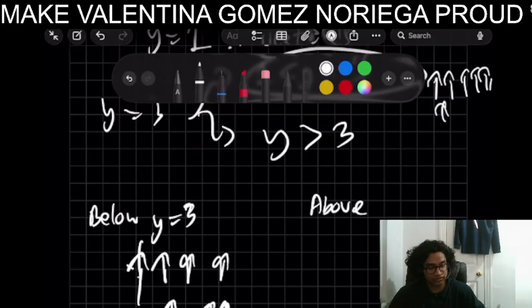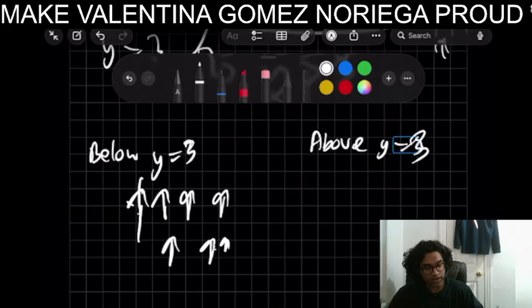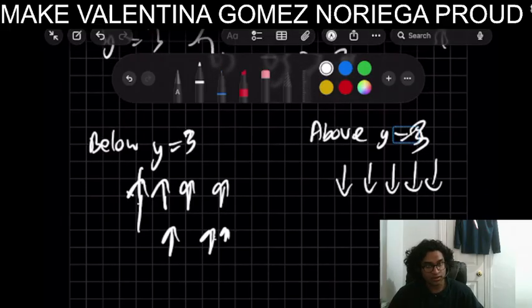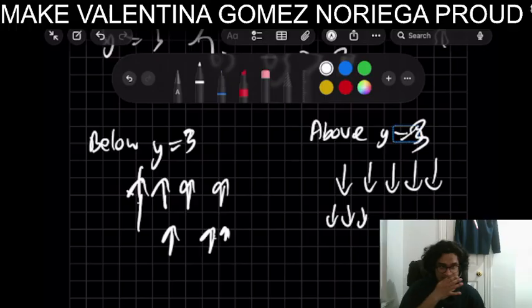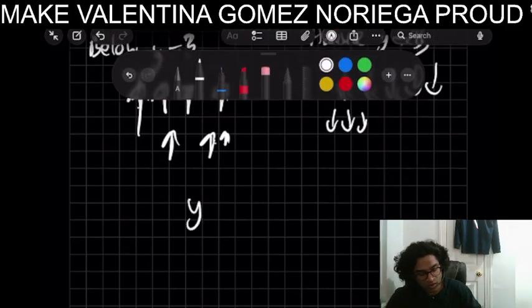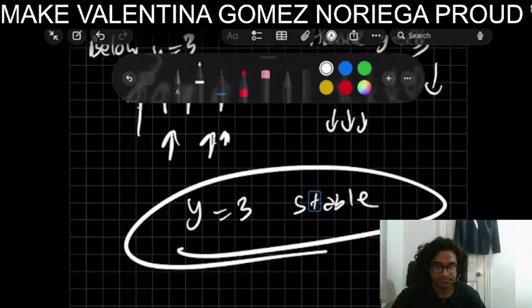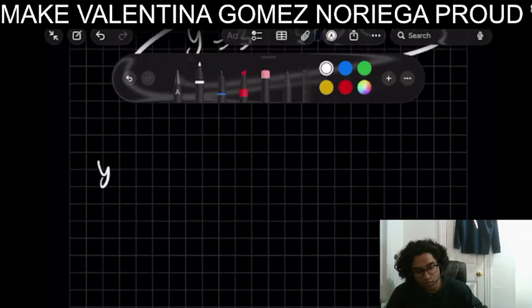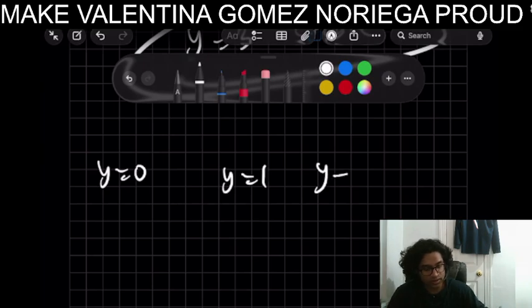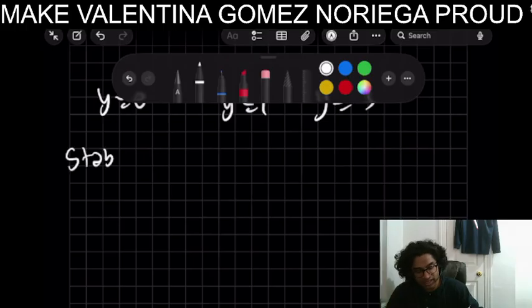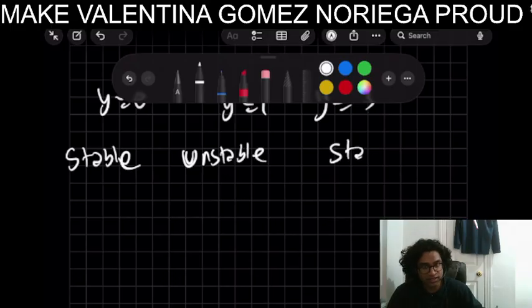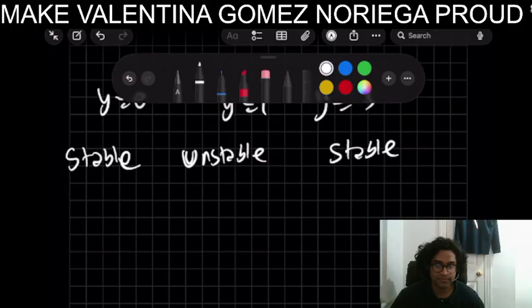And above y equals 3 is going below, right? And because the below one is going above and the above one is going below, they're going to connect. So which means y is equal to 3 is stable, right? So we have y equals 0, y equals 1, y equals 3 being stable, unstable, and stable. Cool,